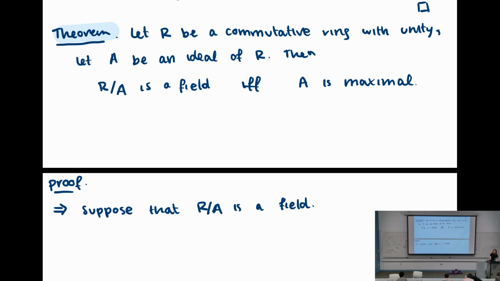Okay, so then we want to show that A is a maximal ideal, so we need to show that it has this property that if there's some other ideal B containing it, then B is either A or the entire ring. So let's let